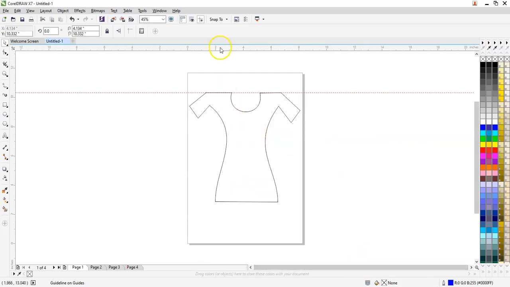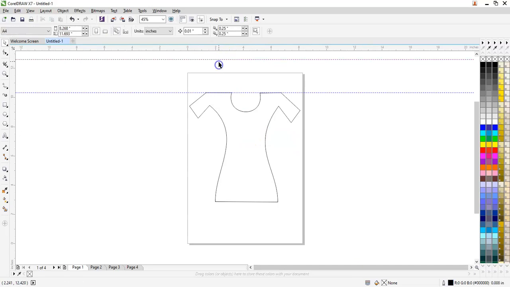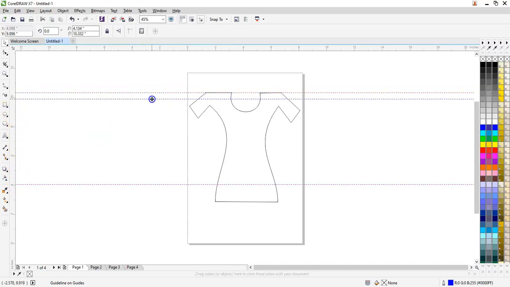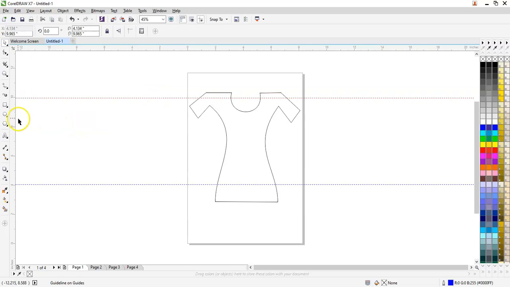Now here I take this and drag this out according to my measurement. I want the height of my object to be, say, this is 2 inches, 4 and 6. So the height should be 6 and the width of my object, say I want an image in 2 by 6, so 4 inches.